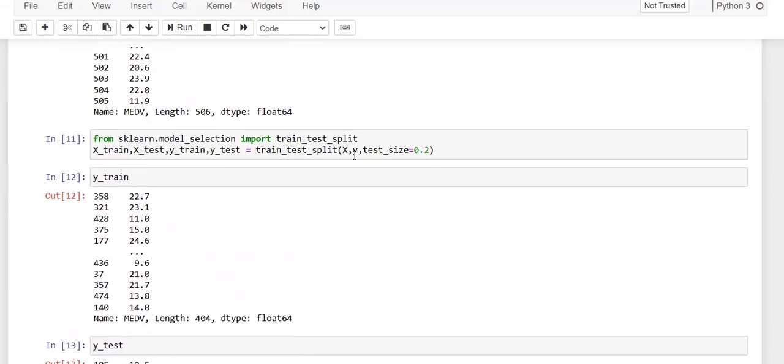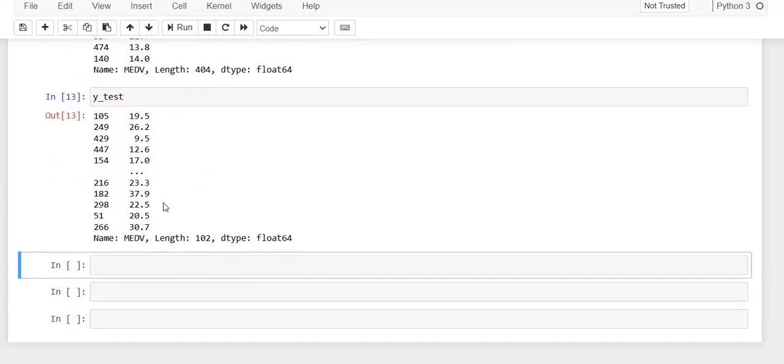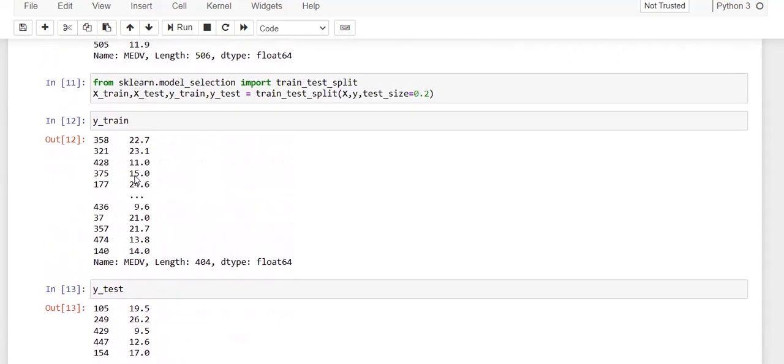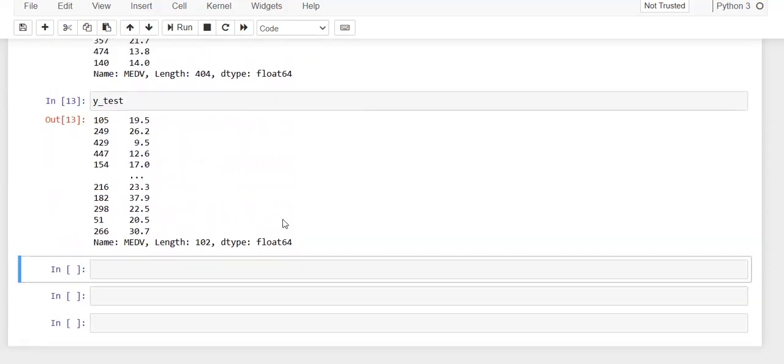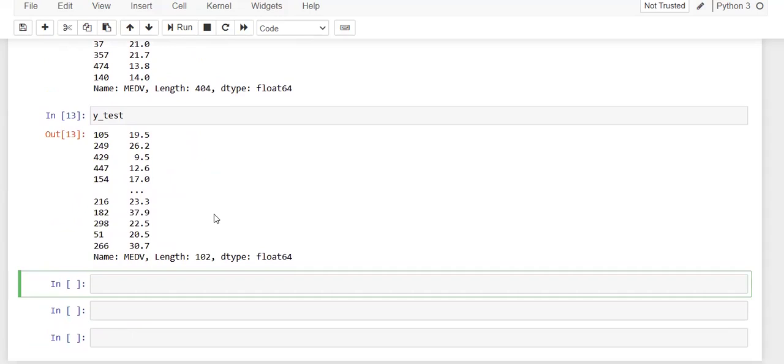Whatever testing Y data, output data that I have, is split into two parts: one for training and one for testing. 20% of the data is considered for testing, and the remaining 80% is considered for training. Like that, we implemented this train test split on this data set by providing the test size. Okay. Now, before using this X and Y values for training our model,